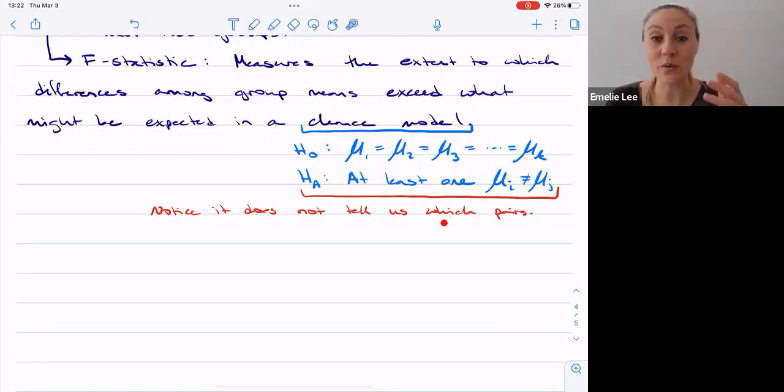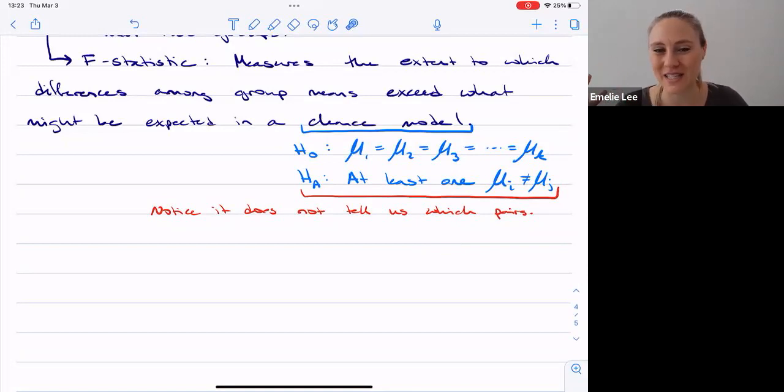And so this is the problem with the ANOVA. It's the beauty of the ANOVA, but it's not where you end, right? Once you have enough evidence to reject H naught that they're all the same, then all you really know is that there's something worth finding in there. And then you would go and look at the pairwise comparisons, but then you at least know that you're doing it for a reason.